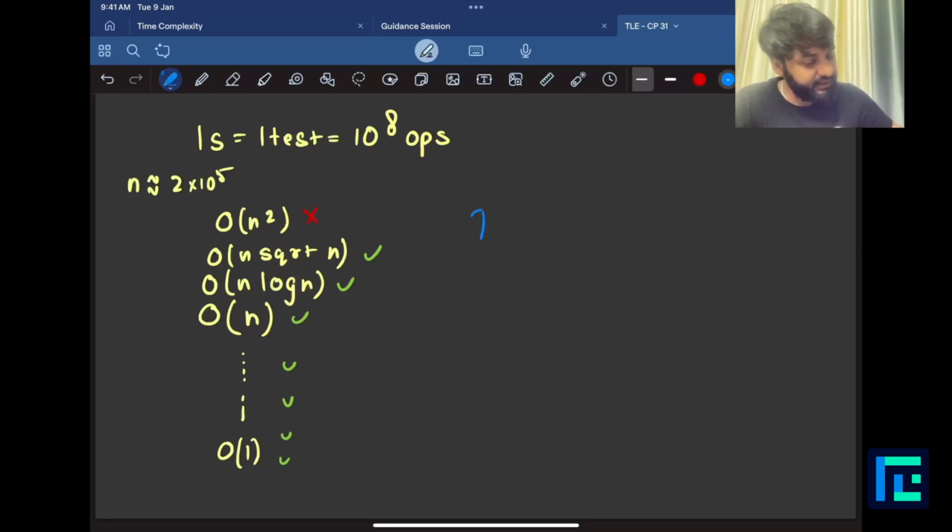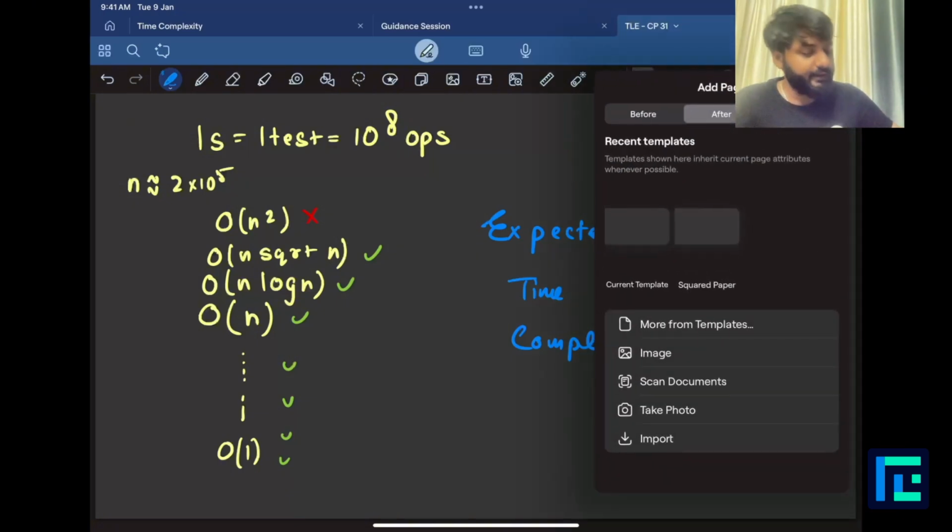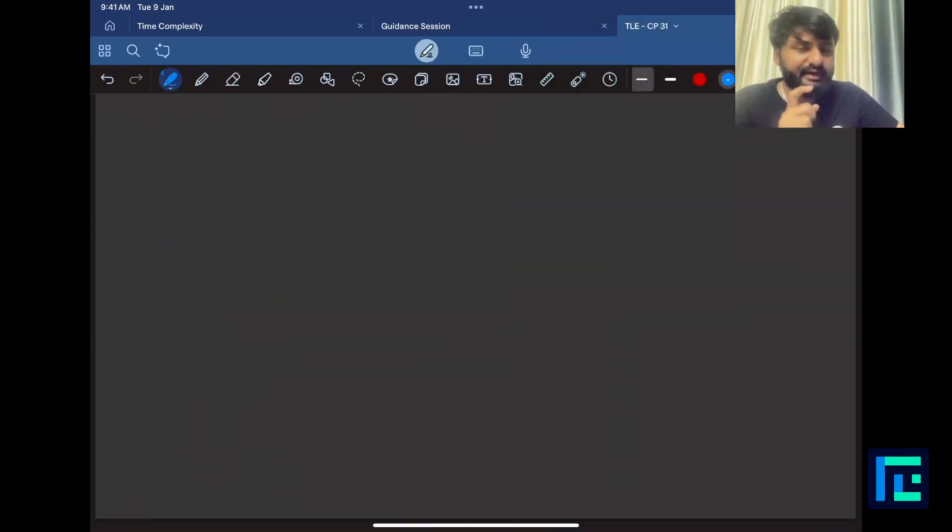And this is a very good discussion on our expected time complexity, because now I have a rough idea that I'm not looking for a brute solution. I'm not looking for something that might work in n square, and I'm looking for something below that. All right, great. Now, since we have already discussed that we don't want something like an n square, my question